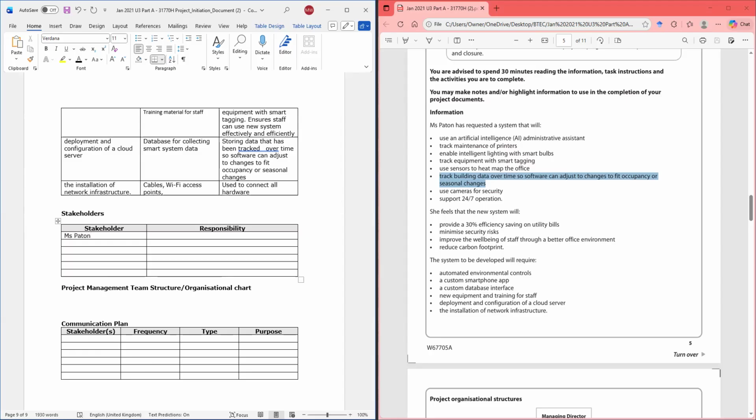Her responsibility as a sponsor is to define the project goal and success criteria.